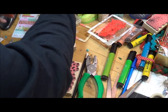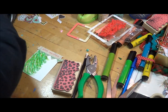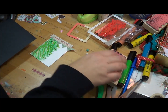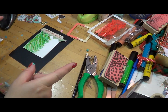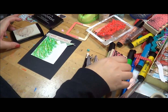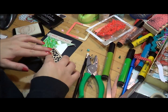Okay, let's clear the area here. Get this stuff out of the way so I can. I'm gonna need, I need some backdrop paper so that I can. Let me get my embossing. Oh wait, here we go. Is this it? No, just 1 second. Okay, I had to move my drawer, which was behind the camera, to get this to work. So we're going to come over here and we're going to put some polka dots on our little...